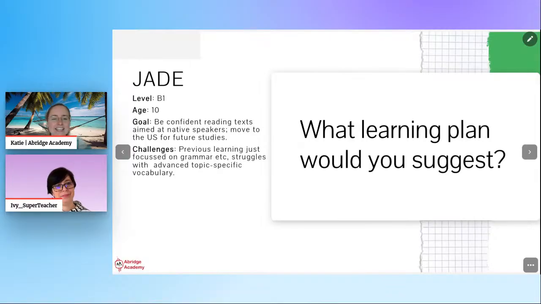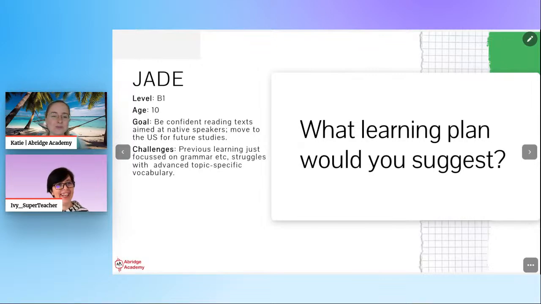I think a big challenge here as well is that she's wanting to focus on reading texts and some of the more academic side of things, but she's not yet at the position of moving abroad. She's longer term planning in advance. That can make it a bit more challenging sometimes. I mean, the good thing is that you've got more time to work on that learning plan. You've got more time to develop the skills, so she's even better prepared when she goes.